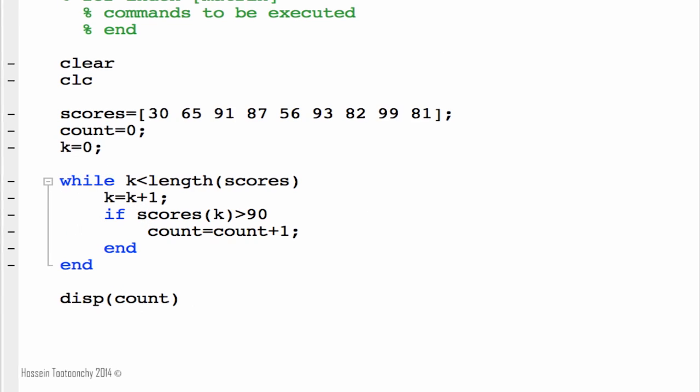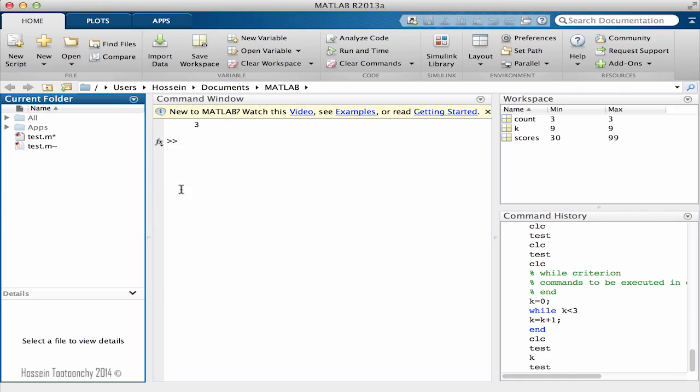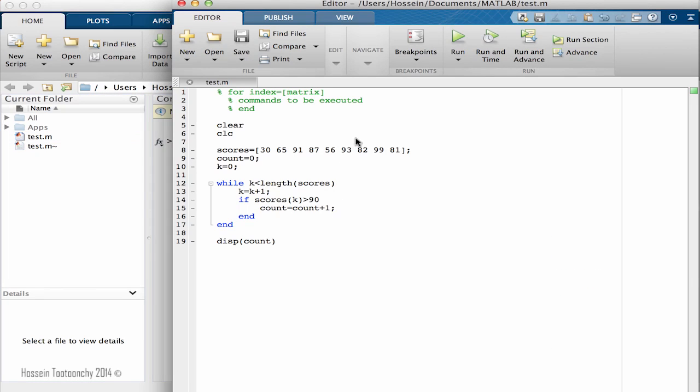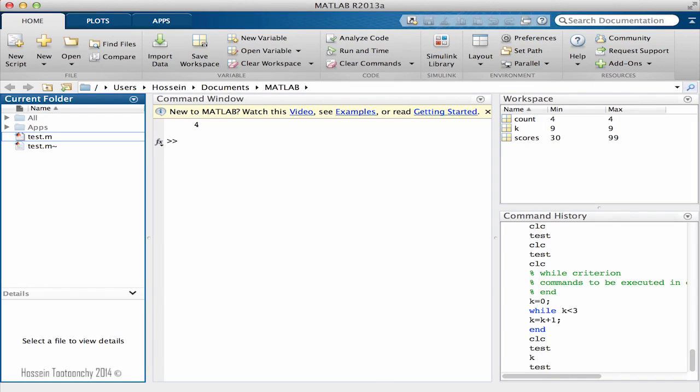So let's run the program. When I do that, we get the same result, because now we do have 1, 2, and 3 values above that. Let's change one to 92, and if I run the program, we have the same result. As you see, for and while loops are very, very useful and can be combined with if statements to do a